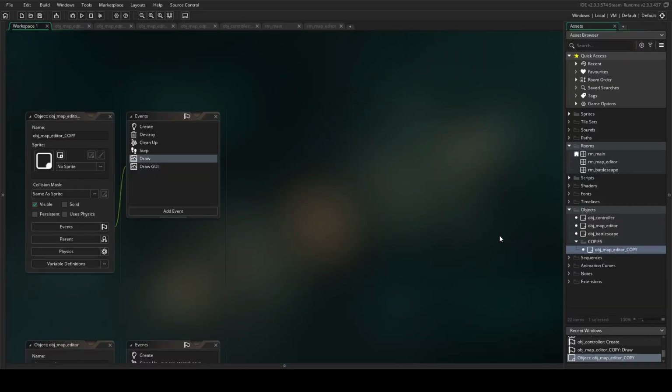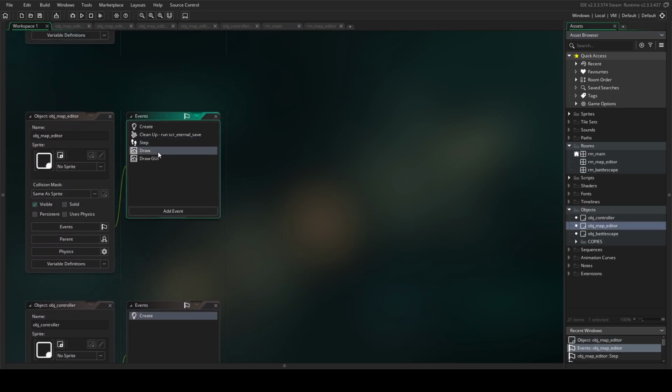Awesome. Okay, so the next thing we're going to do is we are going to make the walls transparent when the cursor is behind them. So that's pretty simple. All we need to do is go into our map editor, into the draw event,